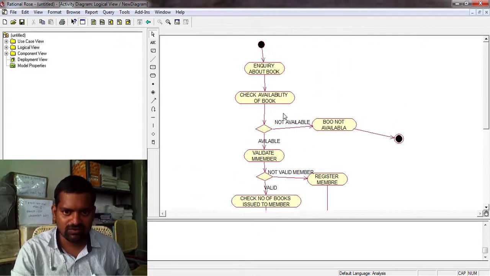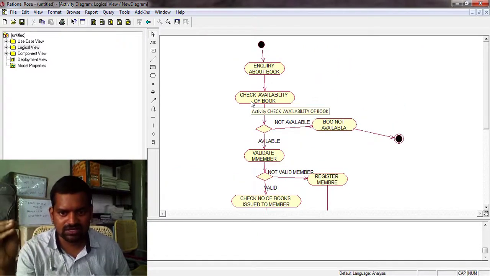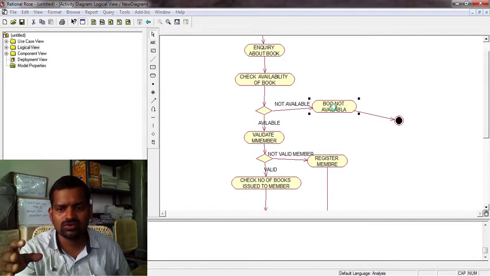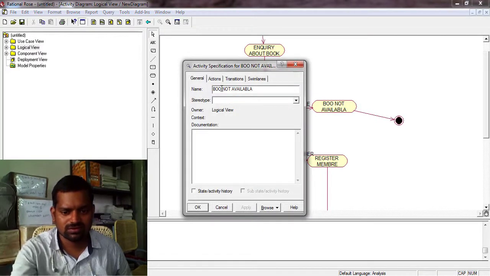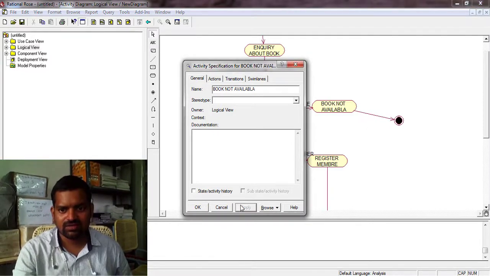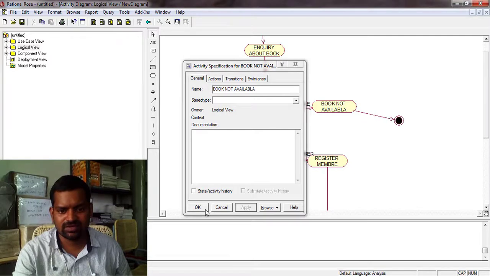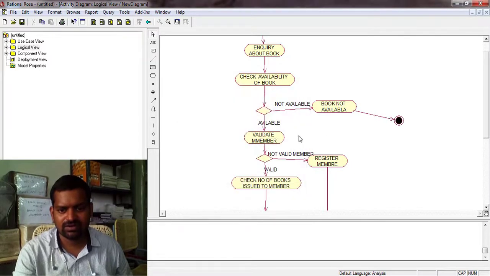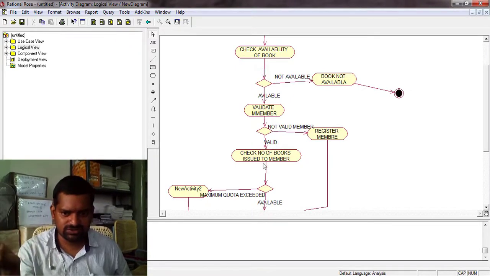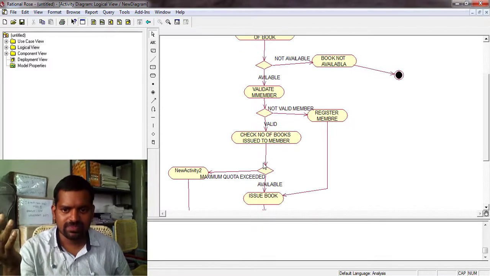See here: inquiry about book, check availability of book. If not available, the information "book not available" will be printed. If available, member: check number of books he wants to issue or has issued.